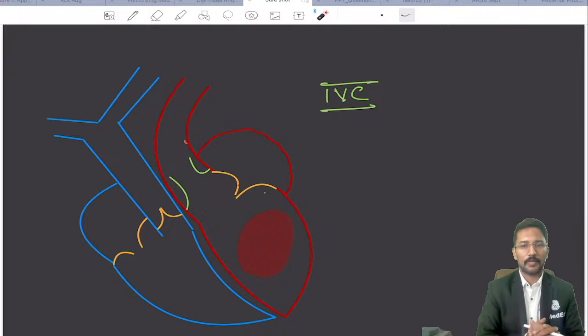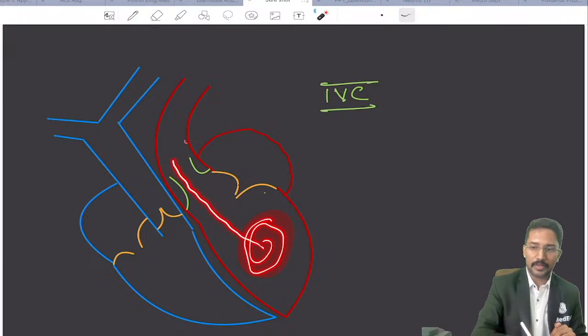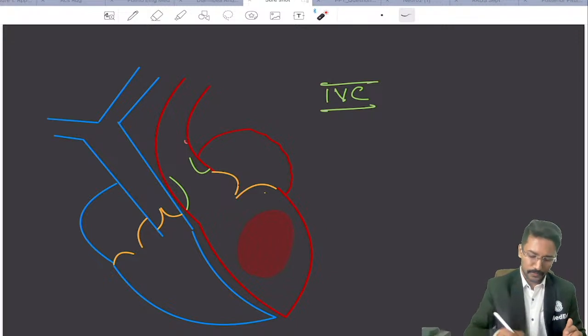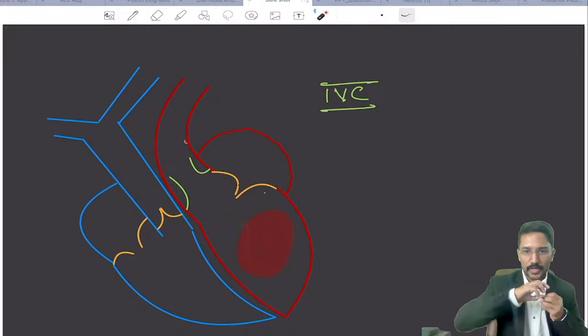What happens to the pressure in the left ventricle? It will start dropping down, right? As the blood from the left ventricle starts emptying, less and less. Yeah. So initially you have a rapid ejection and then a slow ejection. So during this period, rapid ejection, yes, the pressure shoots up a bit, and then as the blood gets emptied,